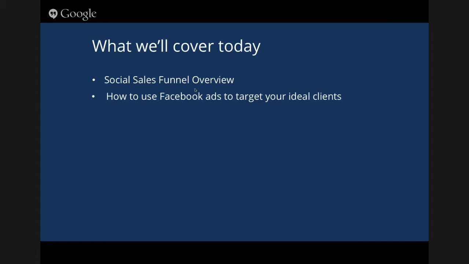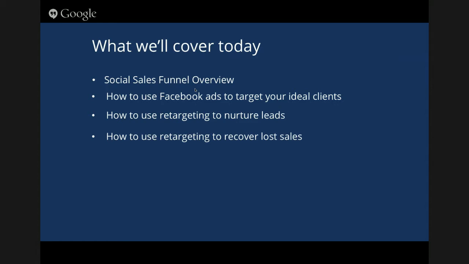So you can tell you're in the right place here if these things are things you'd like to do. One of the really interesting things is using retargeting, which is what we're talking about tonight, to nurture leads. So this is where you've got someone who you're already in a sales process with. They might have downloaded something from your website, perhaps they're on your email list, but they haven't yet bought from you. So connecting with them via Facebook ads or promoted posts is a great way to reach out to them and keep them warm while they're building the relationship toward buying.